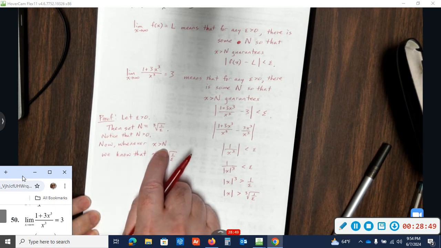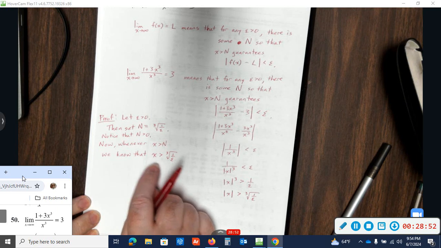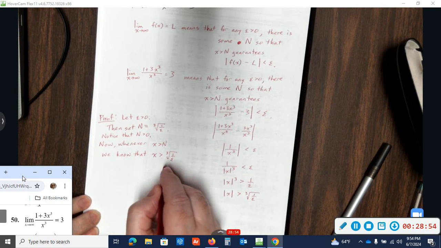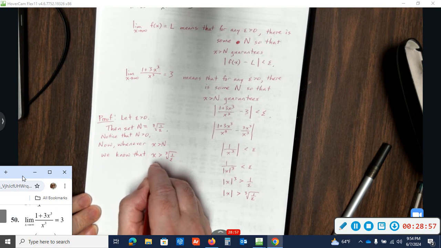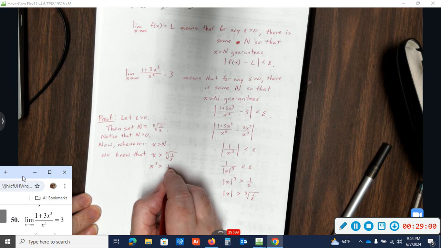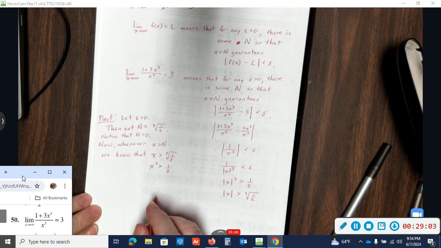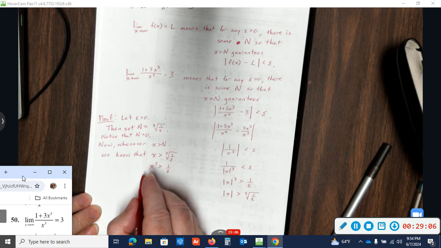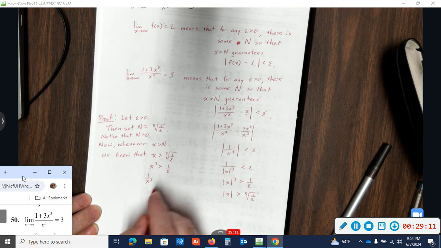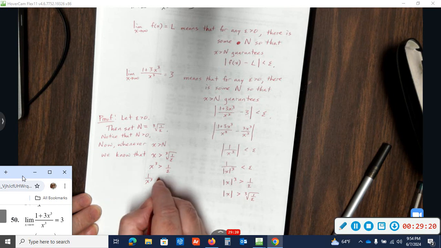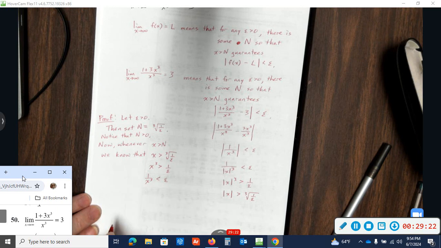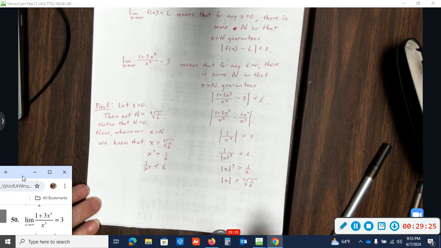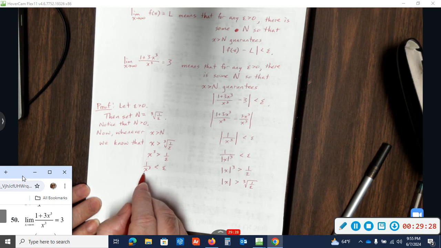N is positive, so x being bigger means it's also positive. These are both positive. That means that x cubed is bigger than 1 over epsilon. And that means that 1 over x cubed is less than epsilon. And 1 over x cubed is